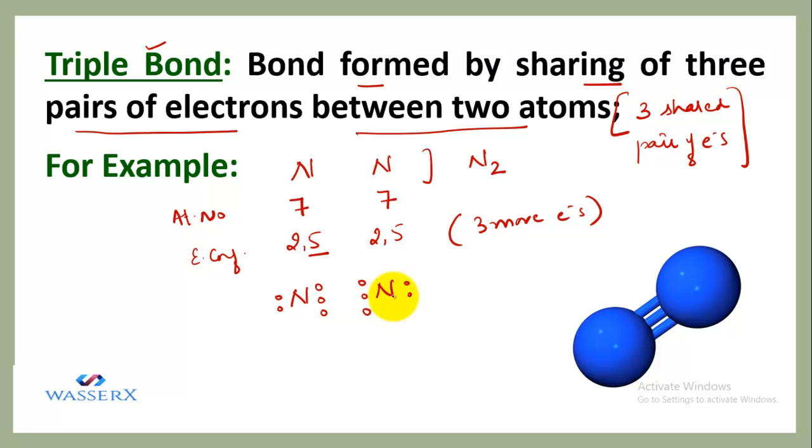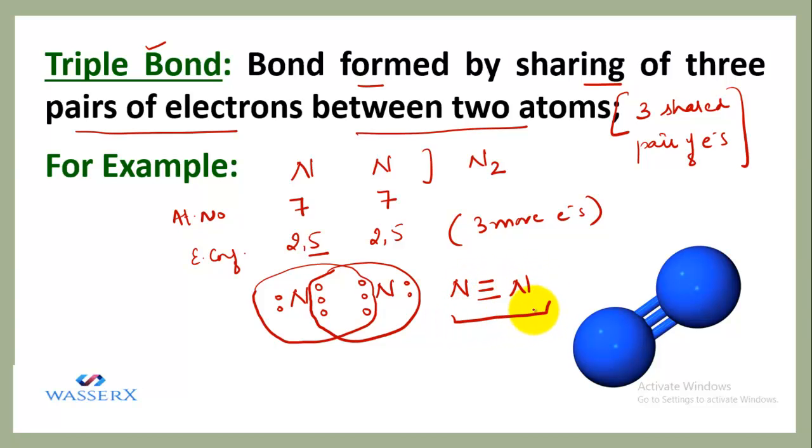So this nitrogen possesses 5 electrons and 3 it is sharing from the other atom. Similarly, this nitrogen possesses 5 and 3 it is sharing with the other nitrogen atom. So this gives rise to a nitrogen molecule, and you can see that there are 3 shared pairs, so it can be indicated like this also. So this is how the triple bond is formed. So I think you got it, how we are going to form a single covalent bond, the double covalent bond and the triple covalent bond.